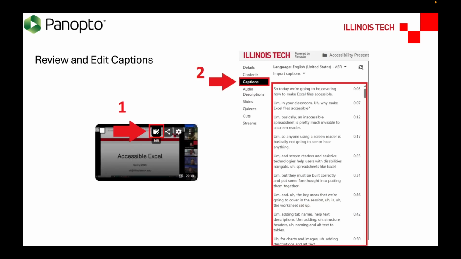inaccuracies. When you hover over a recording in your Panopto folder within Canvas, you'll see an edit button at the top of the video. Click Edit to open the video editing page. Then select Captions from the menu on the left. Here, you'll see the captions alongside their timestamps. Review the captions, make any necessary corrections, and save your changes to ensure your recordings are as accurate and accessible